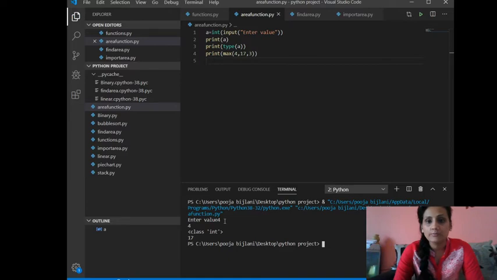Then we used a max function. The max function, among the 3 values we have provided as arguments to that function, gives the largest value among the list. So this way your built-in functions are there. These are not required to be imported from anywhere. Okay, now